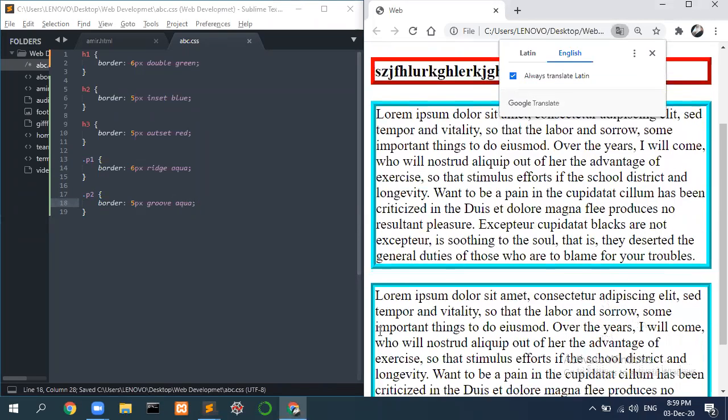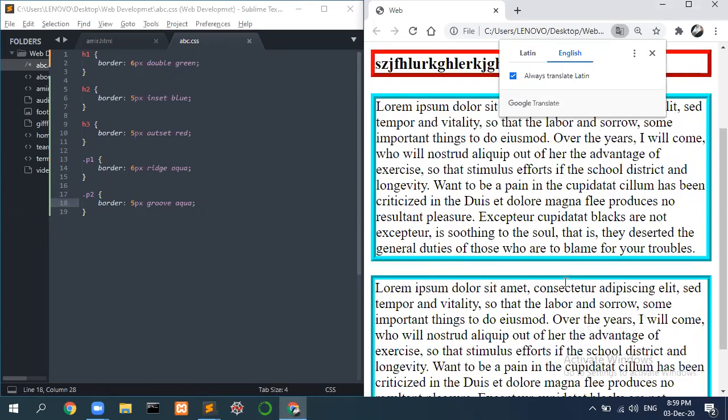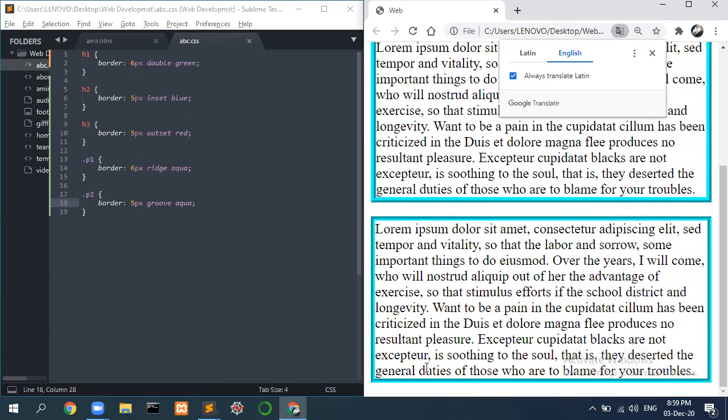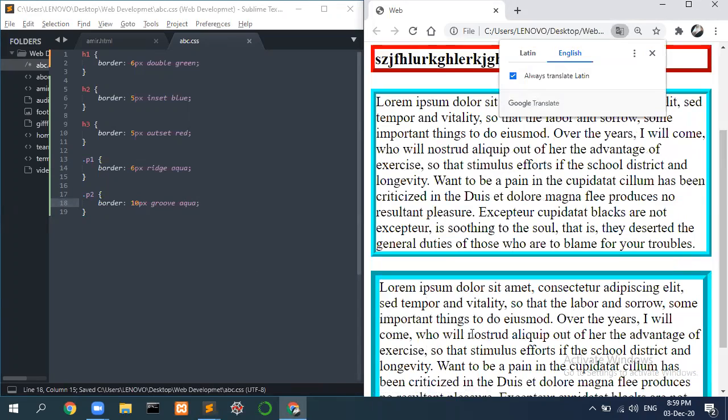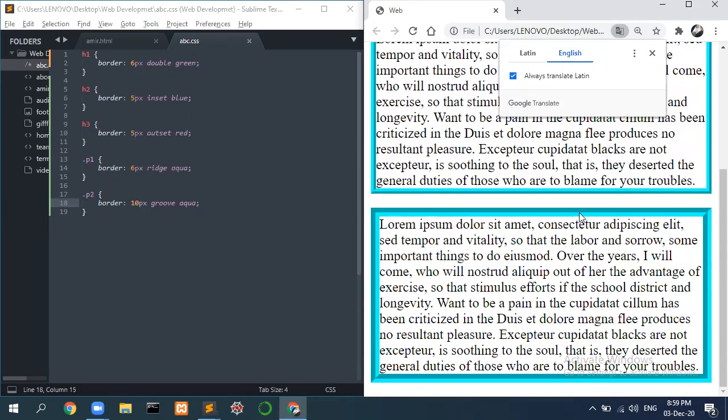You see, it is inverting the colors. Just on the top and the left, it is showing the darker shade, and on the bottom and below section, it is showing a lighter shade. So if I just increase it to 10 pixels, I think it will be much more clear to all of y'all. You see on the top and the left hand side, it has a darker shade, and in the ridged section, if you go to see